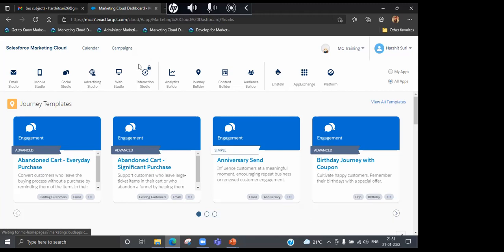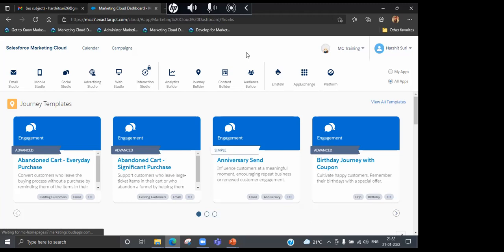Suppose you want to add any other builder or studio, or you want to customize this page like we can do with page layouts in Salesforce, you won't be able to do that. Why? Because it is a SaaS, software as a service. That is why it is not available free, because it is a ready-to-go platform. We can do certain customizations, but you will only be able to understand that when we cover the full course. There are not such types of customizations as are available in Salesforce.